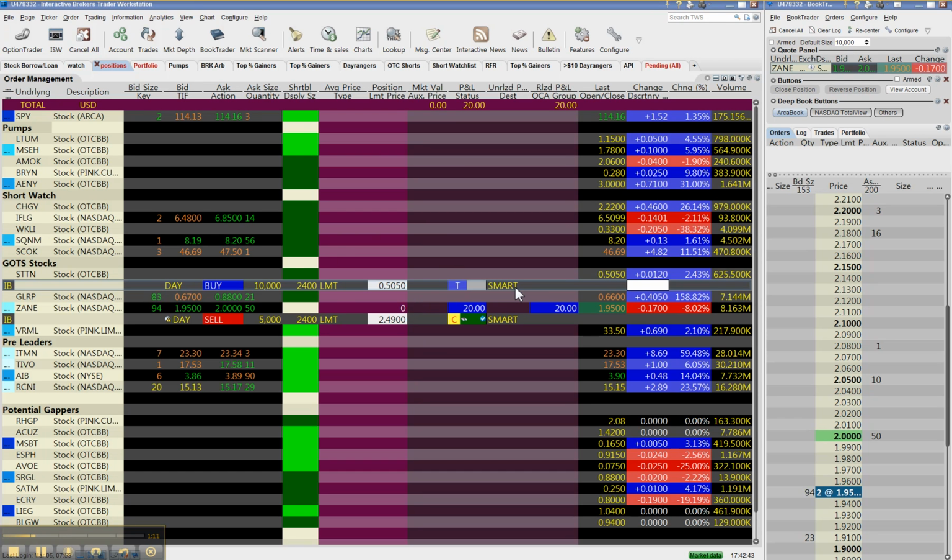So anyway, on Interactive Brokers, you only have a couple options for routing. You can smart route, you can route to Arca Edge. If you route to Arca Edge, then you will fill instantly against any other Arca Edge order out there. The problem is, most OTC stocks aren't going to have a whole bunch of Arca Edge orders out there because that's the small traders placing those. You won't execute against random